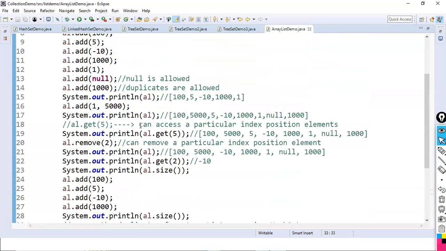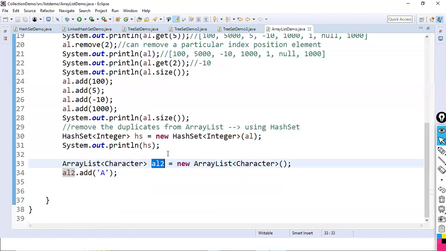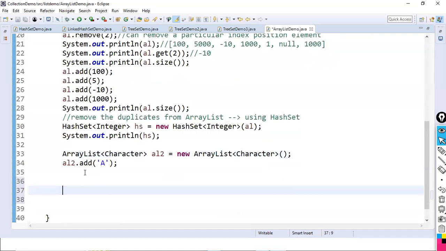How many ways can we print? Two ways or three ways? Somewhere on top of the interfaces, one more is sitting on top. What is that? Iterator. That we'll discuss in the next class because I can see attendance is a little low today. And the second approach, how do we print these ArrayList elements by the second approach? By using a for each loop. Can you please run the syntax? For